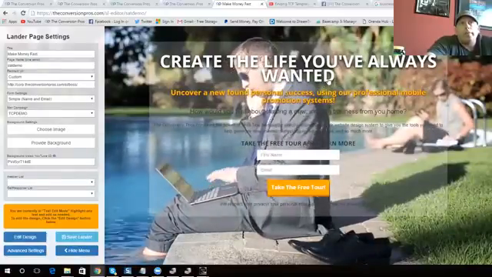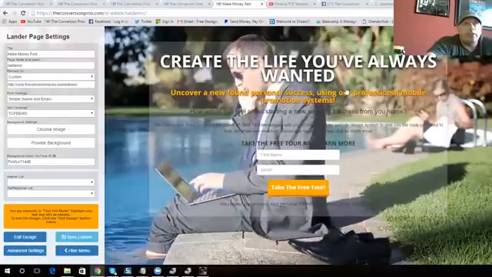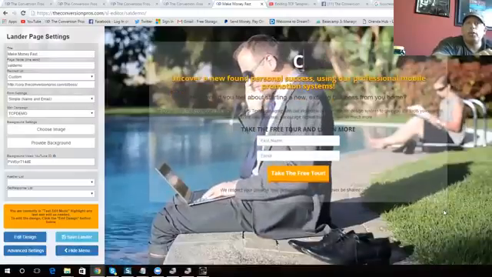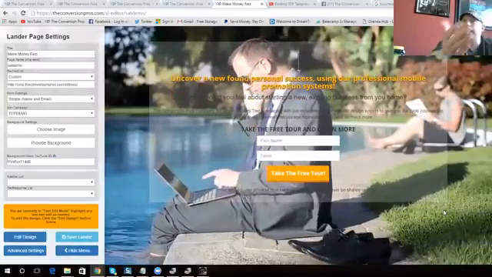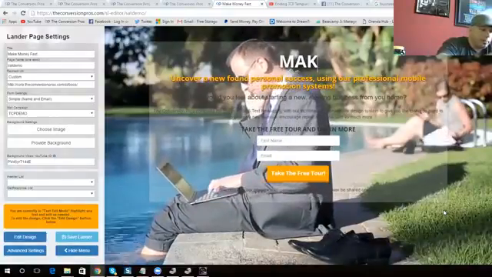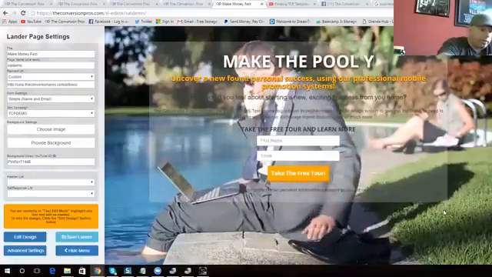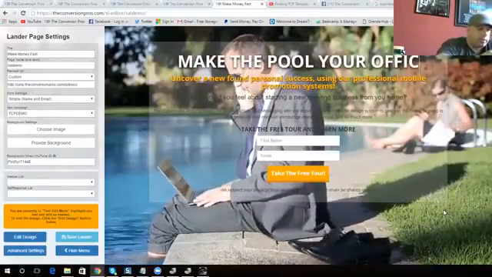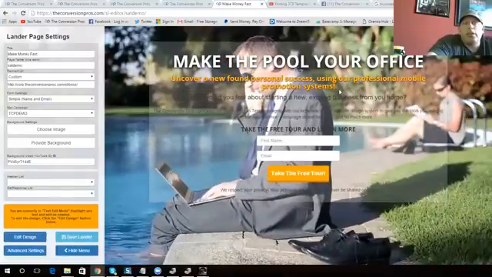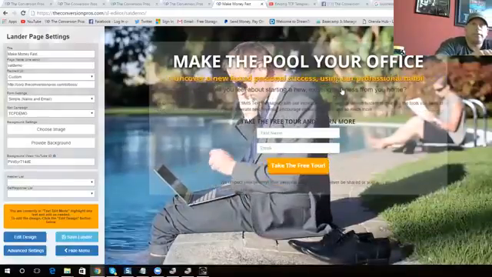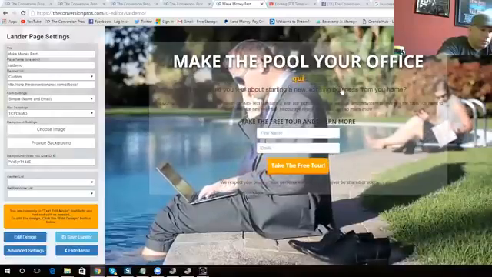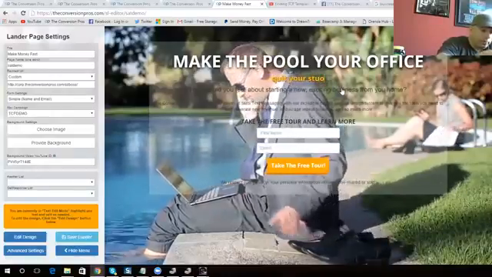So we have a cursor flashing. Now that we have a cursor flashing, that means I can hit backspace, just like you're using a word processor or sending an email. All of you could do that. And I could write, make the pool your office. Then I could go to the next line. Notice the cursor's flashing. Quit your stupid job